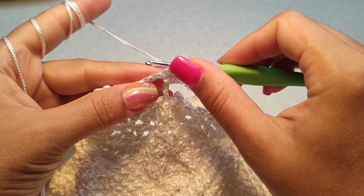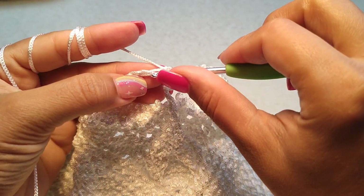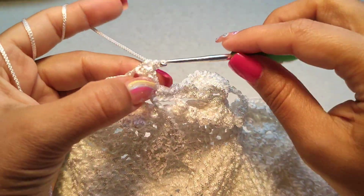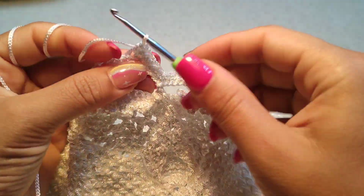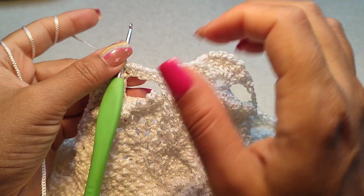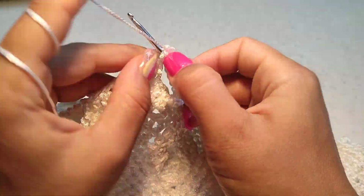1, 2, 3, 4 and 5. Totally from here to here we have 10 single crochet, a front post double crochet around the next double crochet,